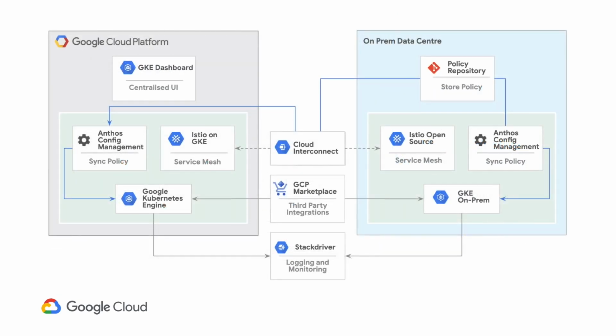We've gotten to the end of our diagram. We've added marketplace in the middle and Stackdriver in the middle. So now we can explain all of this. We have Kubernetes engine and GKE on-prem for orchestrating our containers. We have Istio to help us make sure that we can put security policies. We can do traffic routing across the services in our estate.